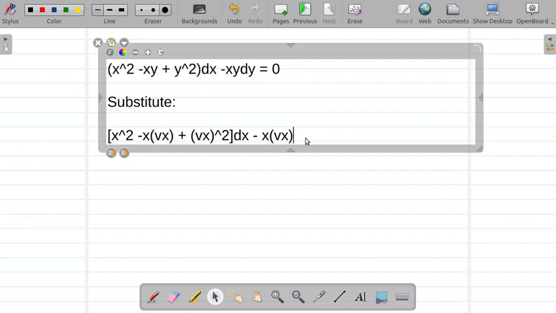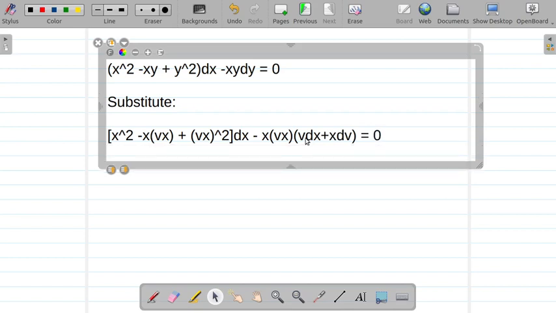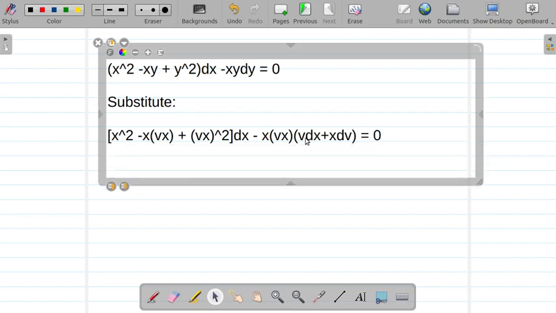So, dy is v dx plus x dv is equals to 0. So, x squared minus x cubed vx cubed vx squared plus